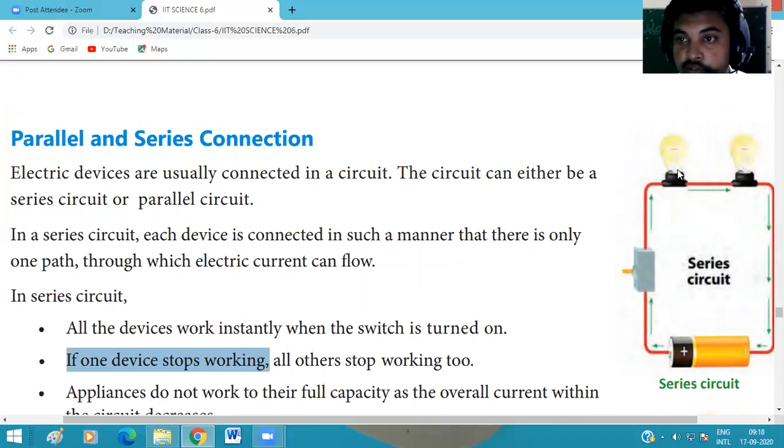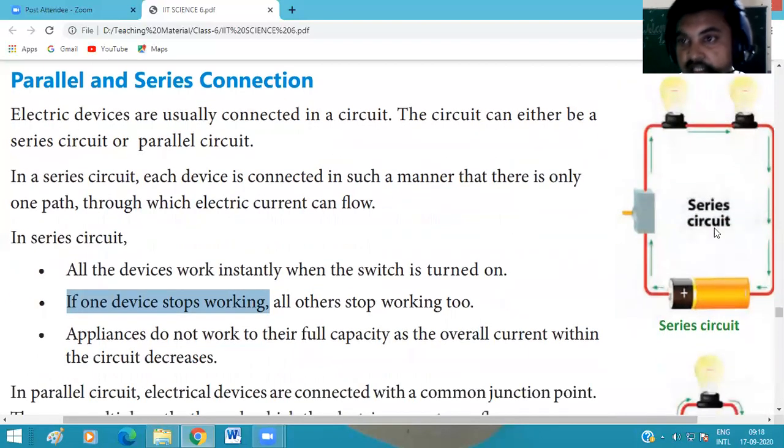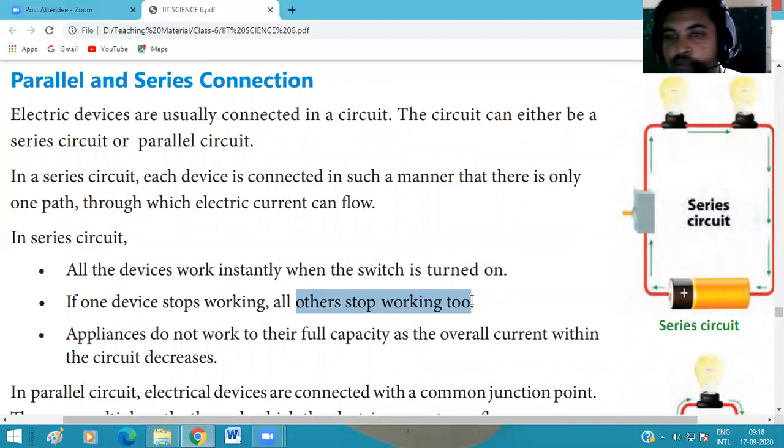सिर्फ एक बल्ब फ्यूज होने से हमारी इस सीरीज के ऑल बल्ब जो हैं वो भी ग्लो नहीं होंगे, क्योंकि करंट आगे मूव नहीं करेगा बल्ब फ्यूज होने से, क्योंकि हमारा जो करंट फ्लो हो रहा था वो बल्ब से होते हुए मूव कर रहा था. जब उसमें डिस्कनेक्ट हो जाएगा, एक फ्यूज होने पे बल्ब फ्यूज हो जाएगा तो कनेक्टिविटी खत्म हो जाएगी और आगे करंट फ्लो नहीं होगा और हमारे और बल्ब भी नहीं जलेंगे. तो ये इसका डिसएडवांटेज है सीरीज सर्किट का. अदर स्टॉप वर्किंग टू, तो दूसरे बल्ब भी वर्किंग नहीं करेंगे.